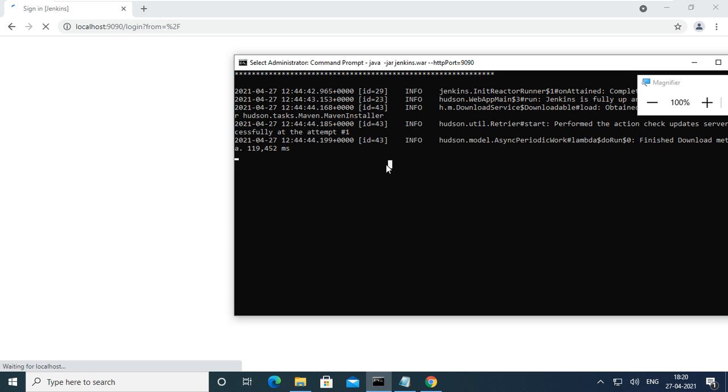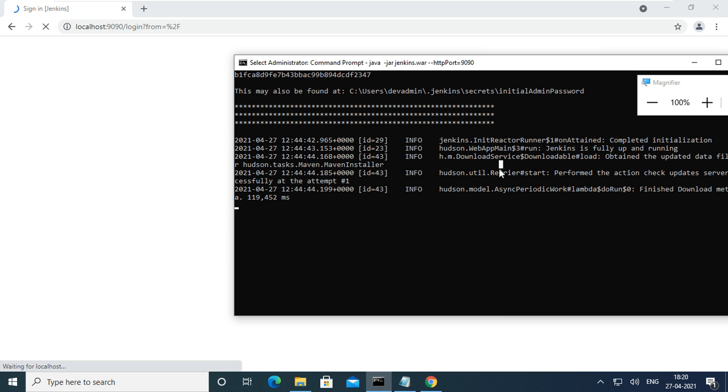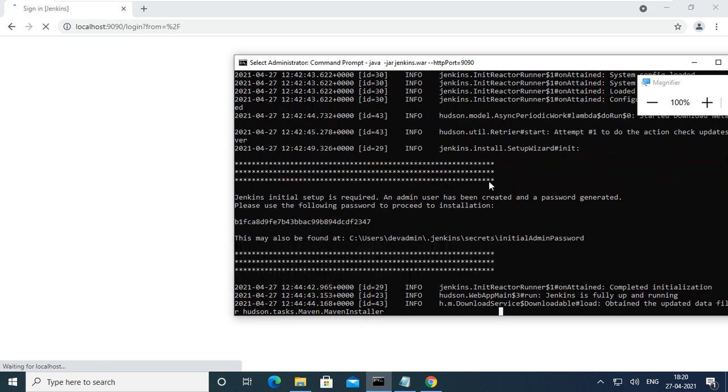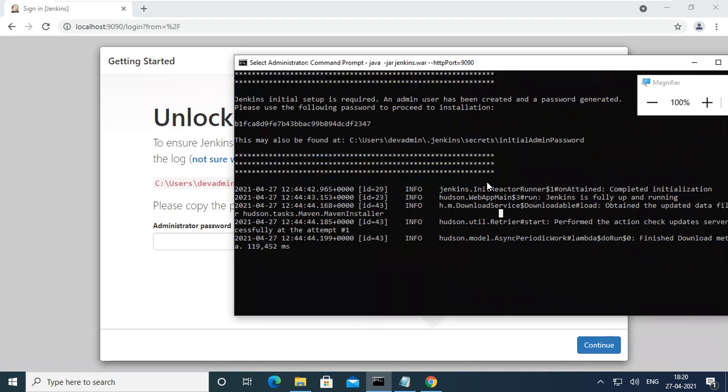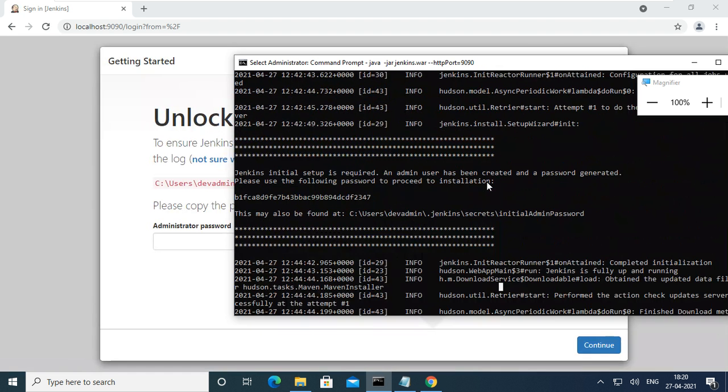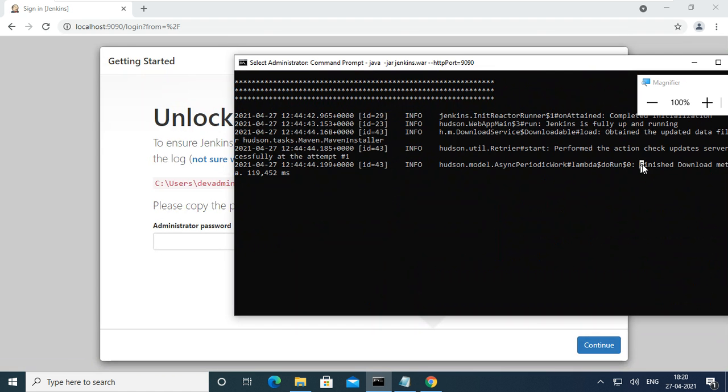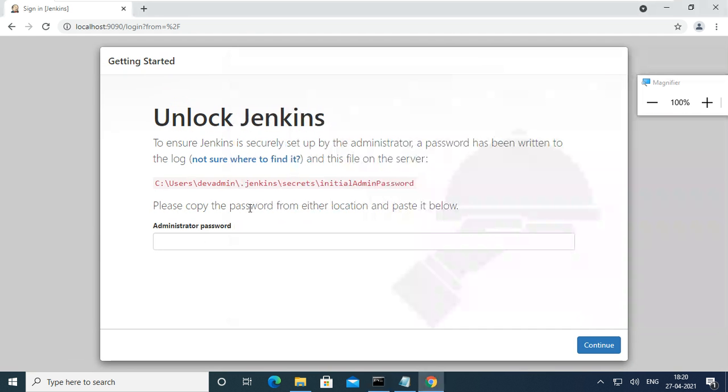Sometimes it is feeling shy also. Download finish metadata is showing. Yeah, here it is. See, it is there. I didn't see.